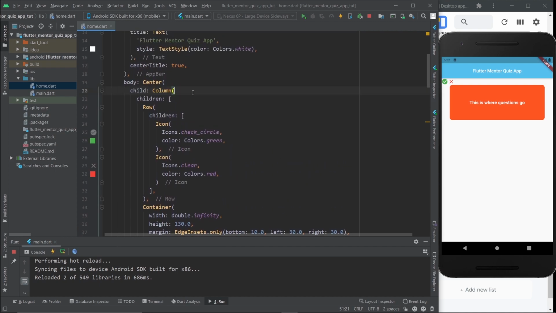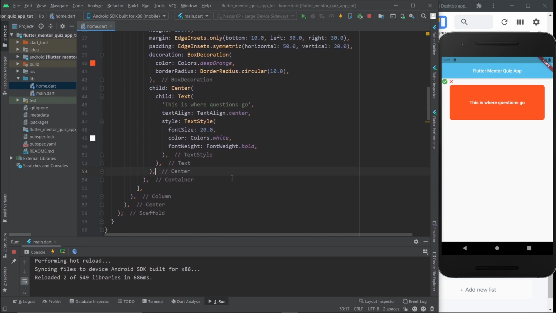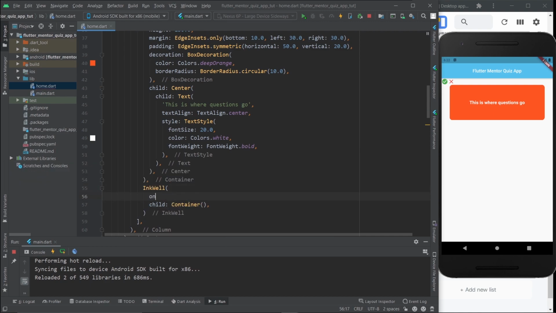Now, still within the column, don't forget, we're always within this column. I'm going to put in the questions. And this isn't how it's going to end up. This is just so you can visualize what's going on. I'm going to start with an inkwell with child, which will be a container. And of course, the inkwell will have an on-tap property. I'm just going to leave it empty because we need the user to be able to tap on the answer